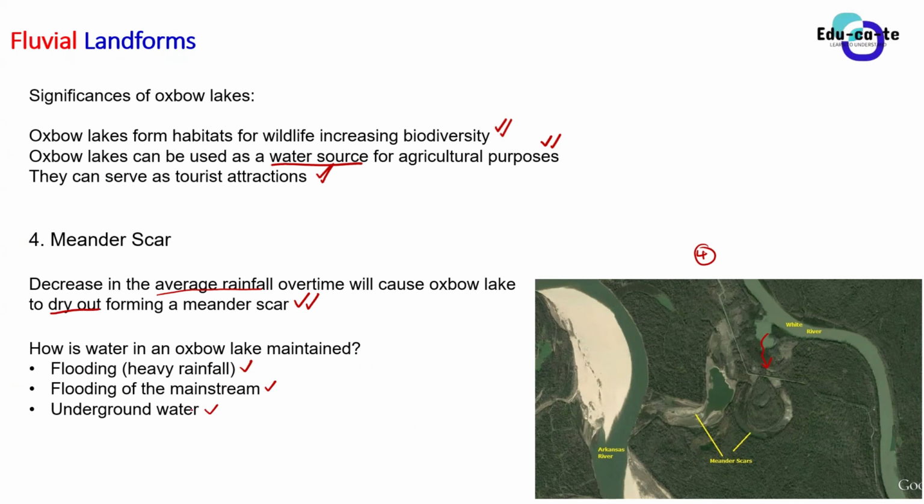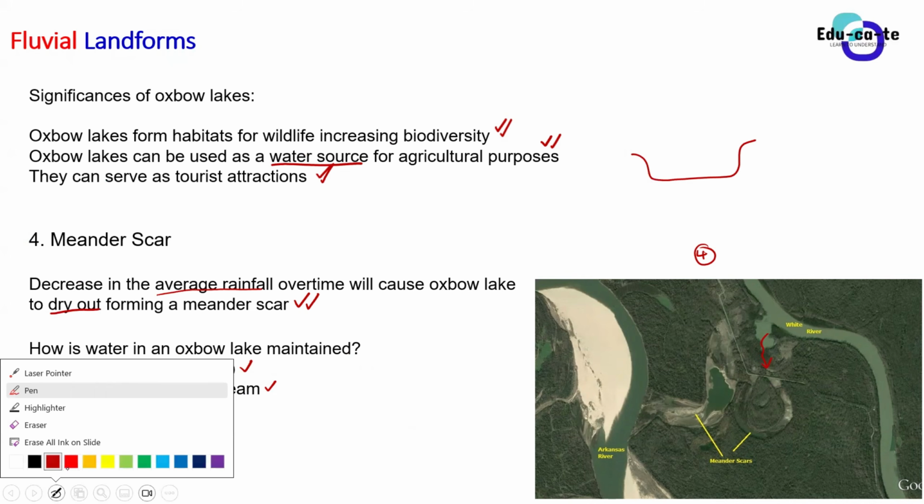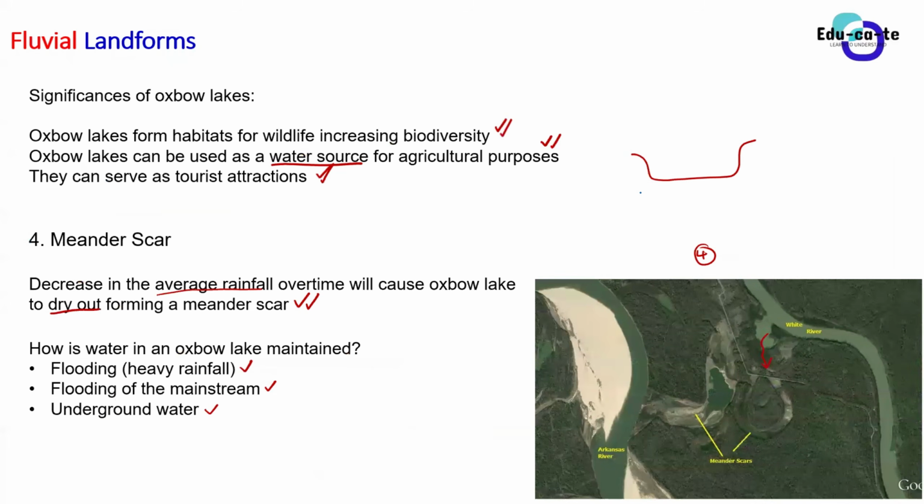underground water. So I told you guys about underground water, the water that is found below the surface of the earth. Basically, if we have got a river like this, and then we have got the underground water, and this is the level of the underground water. So this is your water table representing the level of the underground water. So basically, some of this water from the ground is able to seep into the river channel.